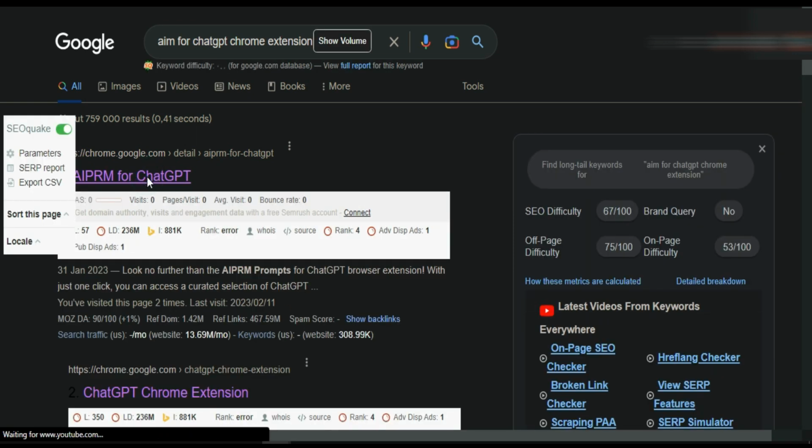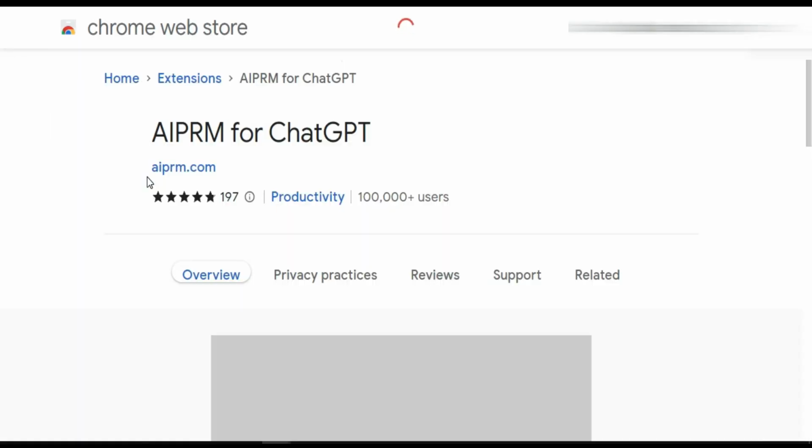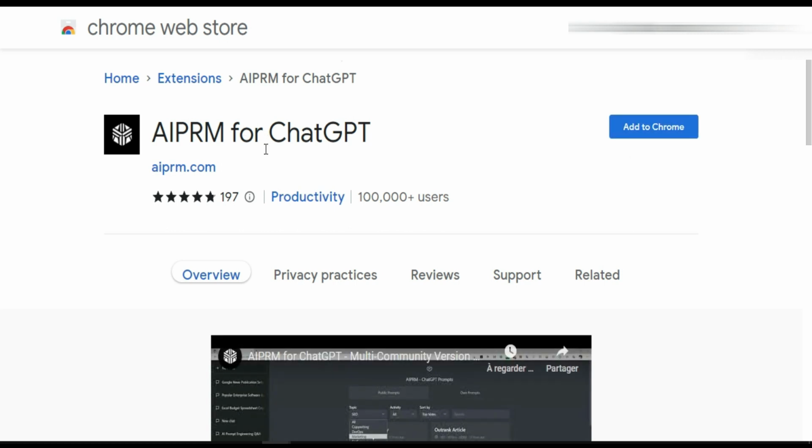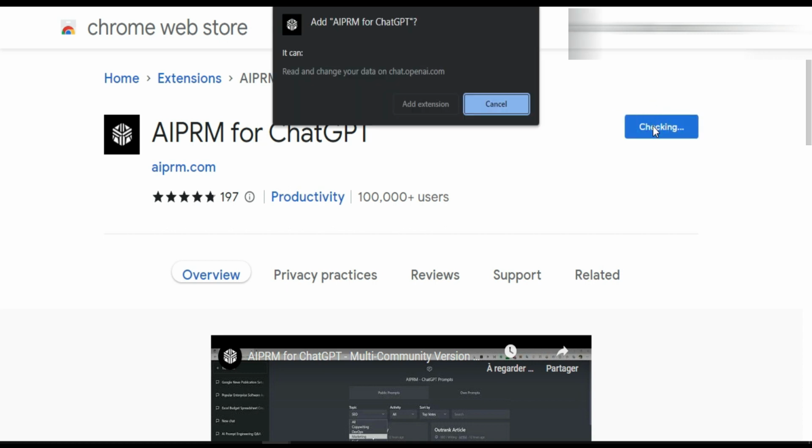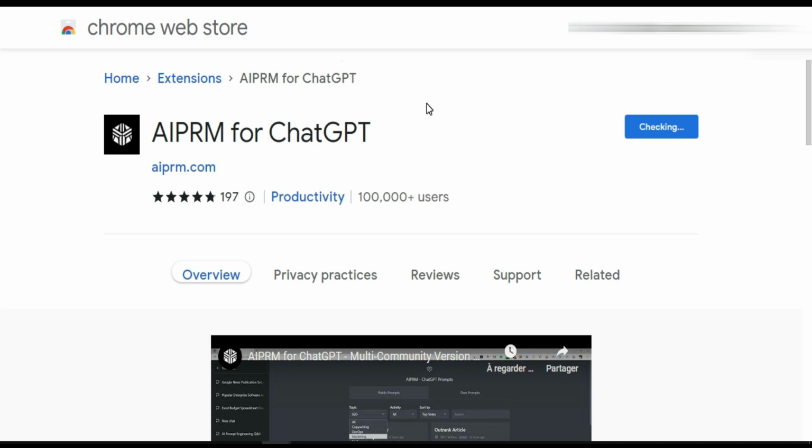If you open here, it's going to bring you to this lovely extension. Right now it's got 100,000 users, but this can go up to a million, I believe. So you click add to Chrome, you click add extension,